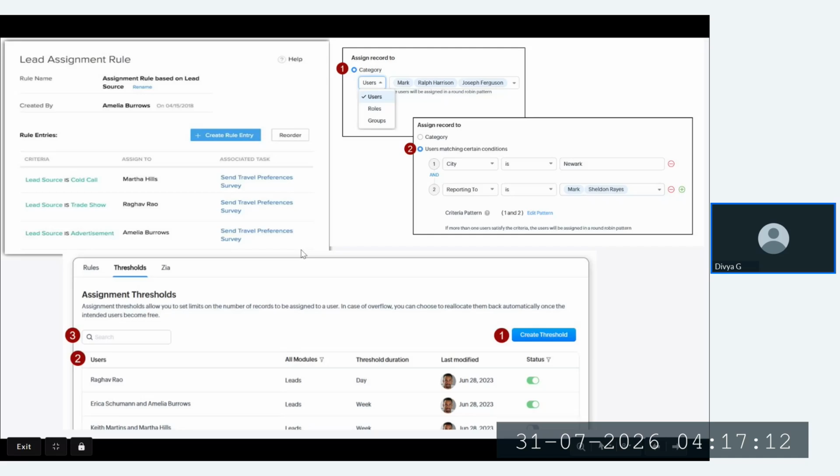So how is it done? When you log into Zoho CRM, in the top right side there is a gear button called Setup. When you go into the backend, there is an automation called assignment. When you click on that, this will be the first page, and you have to create one. You create a new assignment, give it a name, and this will be automatically filled. And these are the rules.